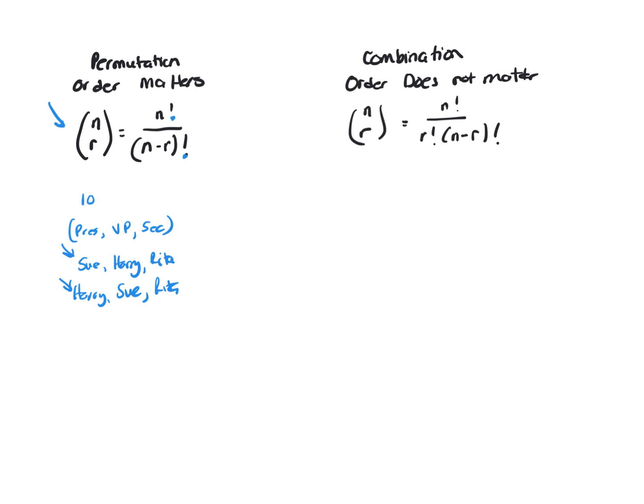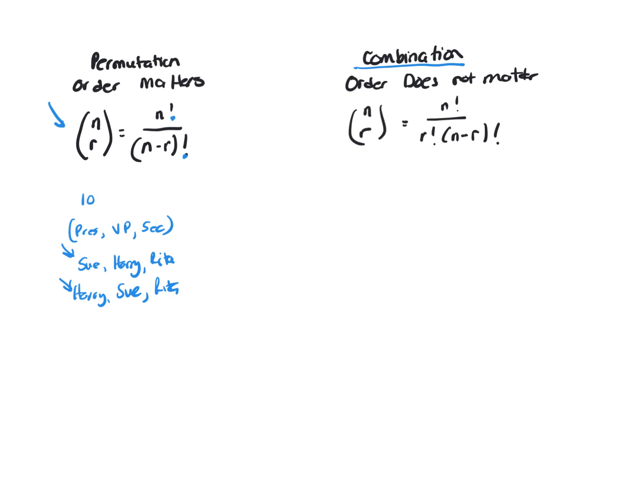Okay, combination is where order does not matter. That would be if you have 10 people and you want to come up with how many subcommittees. A subcommittee is just 3 people. It doesn't matter what order it is. Same thing for a